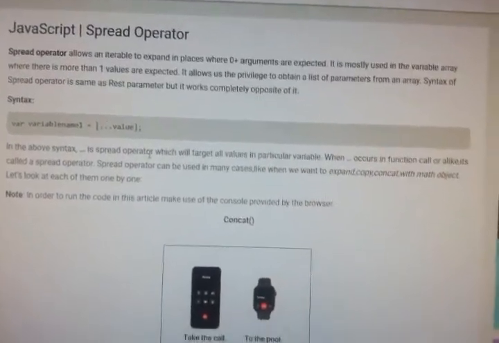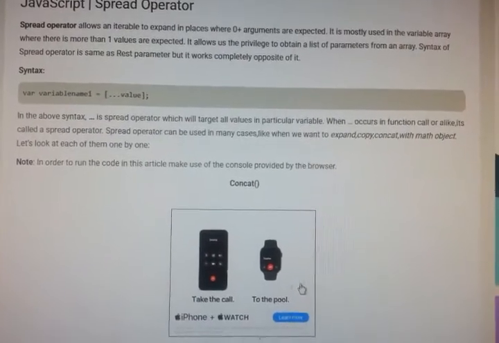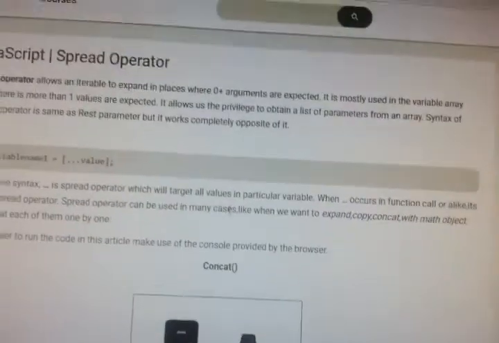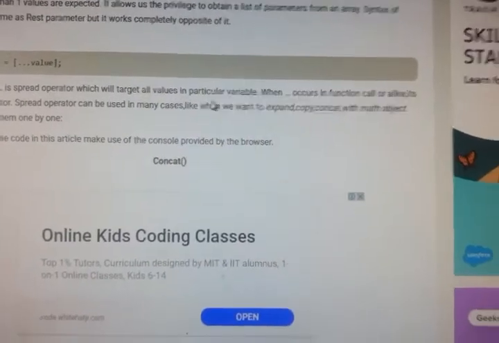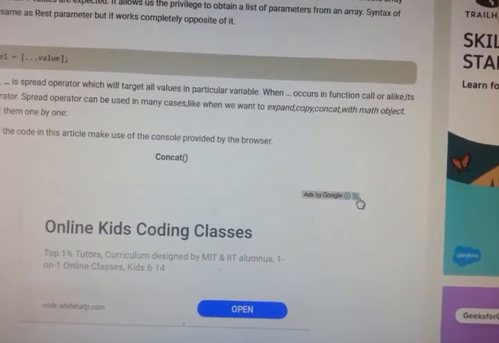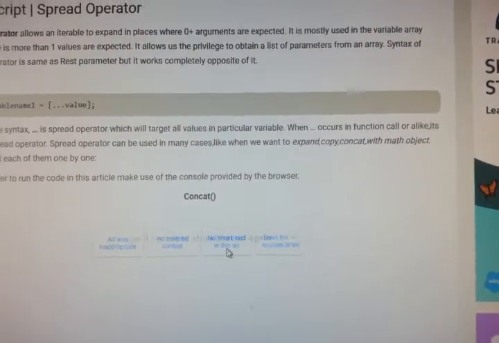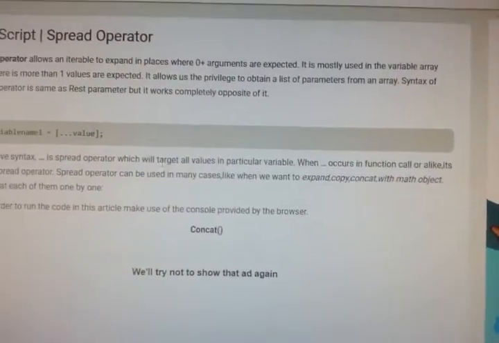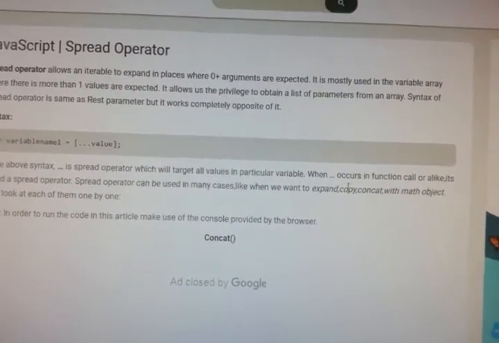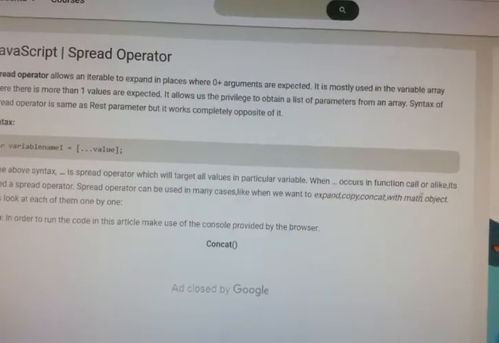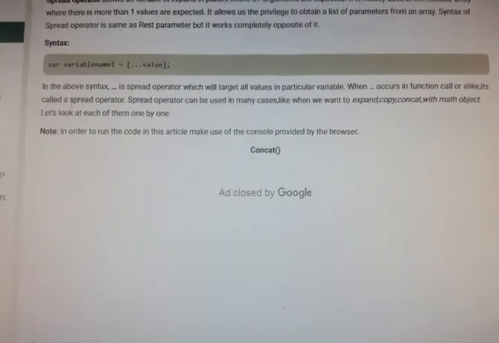So in the above syntax, the three dots are the spread operator. What it will do is target all values in a particular variable. So when three dots occur in a function call or alike, it's called a spread operator.